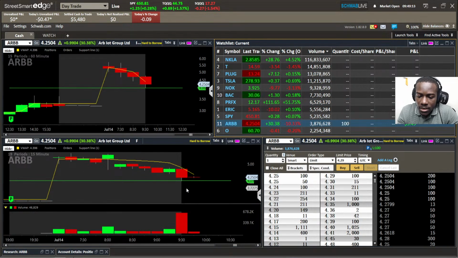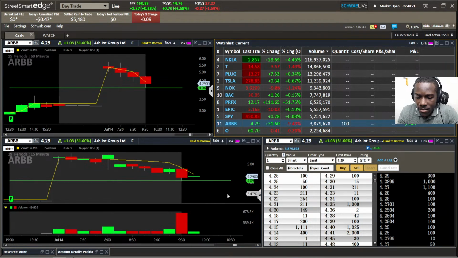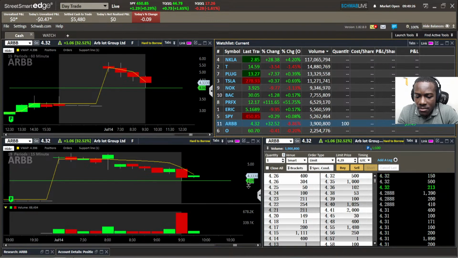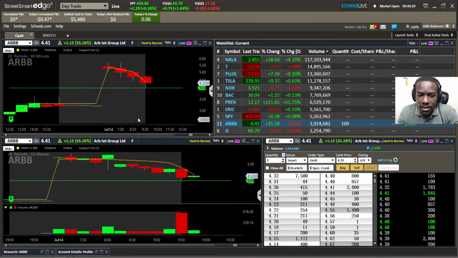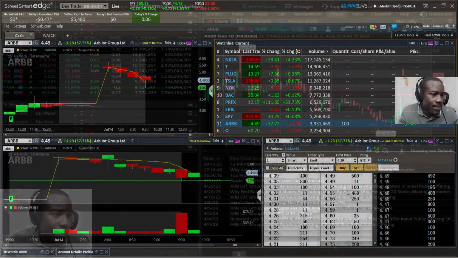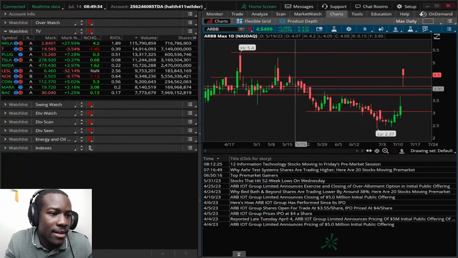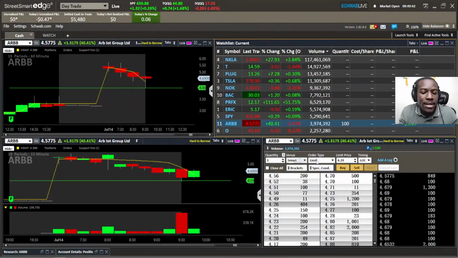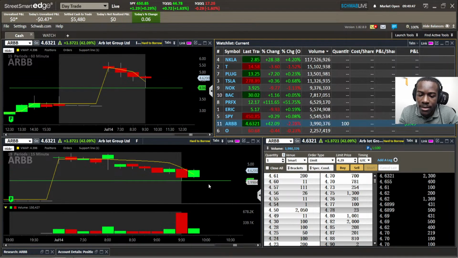Waiting. Can we get that push over 430s? 430 small break, 432. All right. There it is coming on up. Ooh, made it all the way back up here. So this was the level, the consolidation level, obvious consolidation. Popped out of here back over the 455s here. Let's go, boys. Let's go. Take some shoes today. Only 100 shares, but definitely getting blessed out here with that 100 shares.